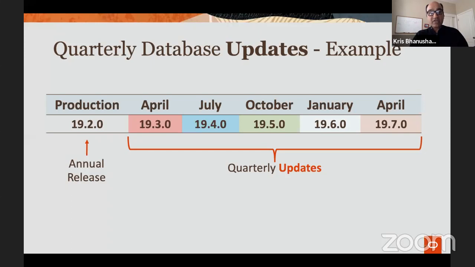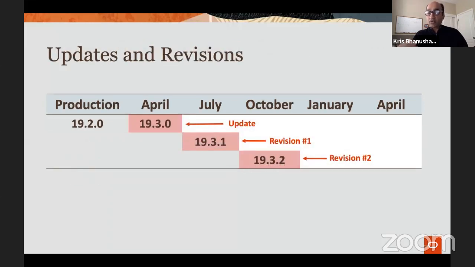So 19.2, for example, is a release update. So is 19.3. And as you can see, they release every quarter. And you pick the time when that release update needs to get applied. You can also choose to apply the revision only so that you can stay on a particular release update for a period of time while you get a chance to test out an upcoming release update, but only apply the security patches and the bug fixes. Those get applied in the form of a release update revision, or an RUR. And so you can stick to applying RURs to your container database for a period of time until you're ready to go to the next release update. So as a fleet admin, you have that control.